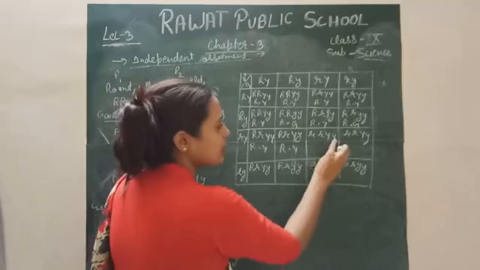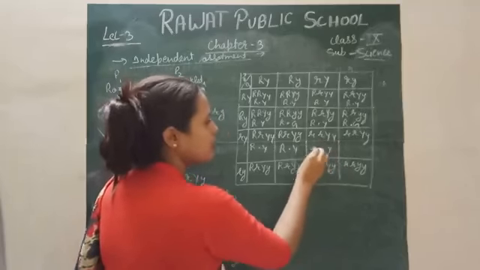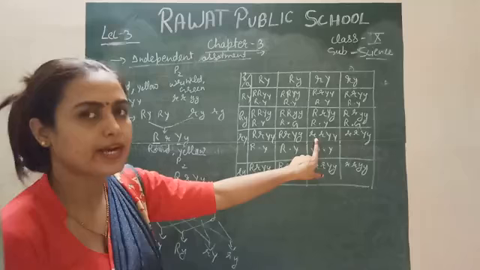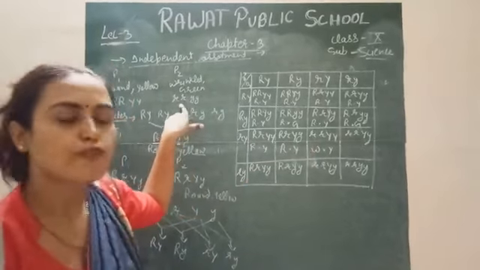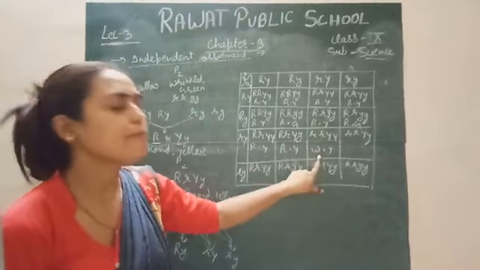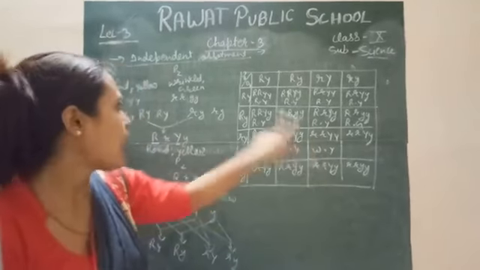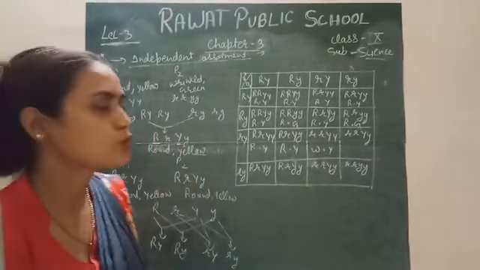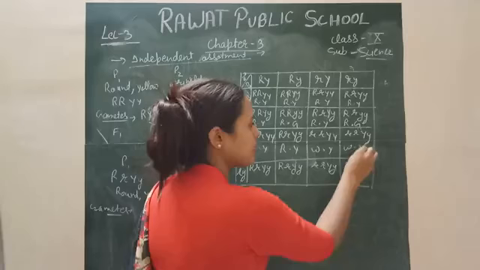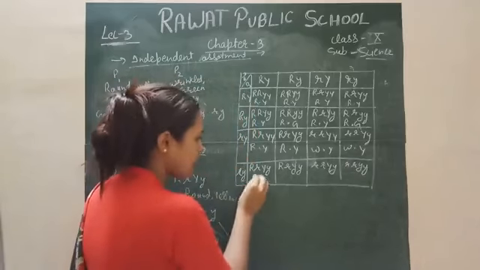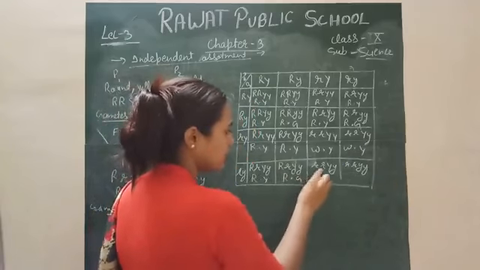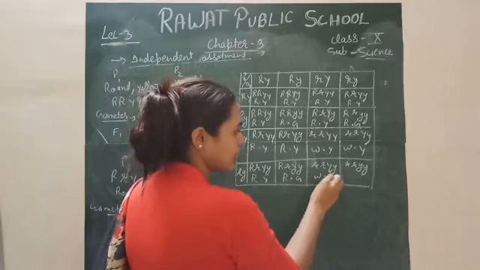Okay, the color will be yellow, but the shape will be wrinkled because small r is present in pair. Simply, according to the law of dominance, if the recessive allele is present in the pair, it will be expressed. So, small r is responsible for the wrinkled shape. So, your seed will be wrinkled in shape and yellow in color. Again, wrinkled shape but yellow in color. This is round, yellow. This is round, green. This is wrinkled, again yellow.